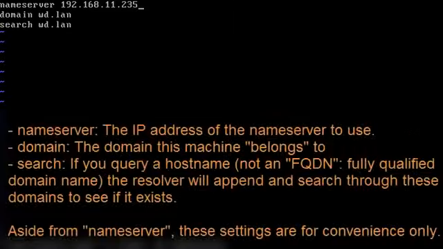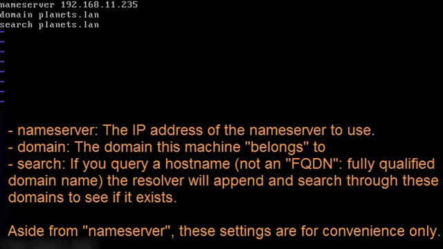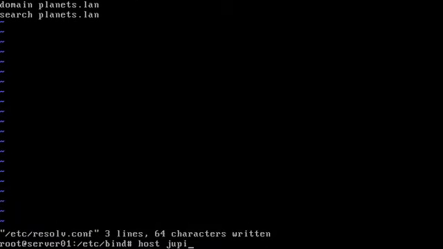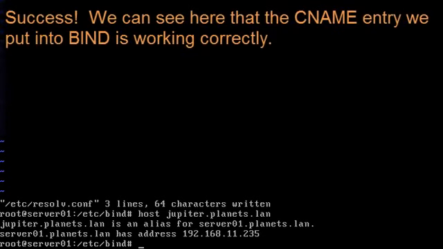In order to do that, I want to edit /etc/resolv.conf, and I'm changing it from my previous DHCP-based configuration that's related to my local LAN at home to the new one that's specific just to the planets network. Since I've configured it to look to itself for DNS, by looking up jupiter.planets.lan, we see two awesome things